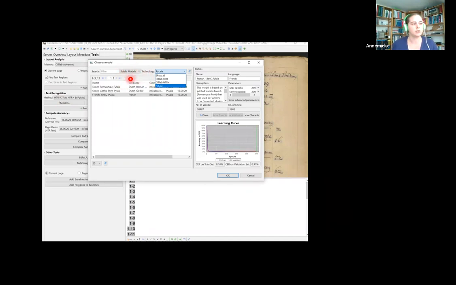So here I've selected the public models and I've clicked on Pylaia, and you see that there are currently only 3 models available within Pylaia. That has mainly to do with the fact that it is a new technique and that not everyone has yet trained their models in Pylaia. What is interesting is that you can obviously compare your models between HDR Plus and Pylaia, and